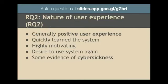If we take a look at the nature of the user experience, the way that we characterized that based on our thematic analysis was that overall it was generally positive. As I mentioned before, our participants learned to use the system very quickly. They found it to be particularly motivating, so this was something that was very reinforcing for them. Some of them wanted to come back and use it again. Every single one, when we asked if they would want to do it again, indicated that they would. Some of them asked to do it again at the same session, so they watched all of the videos and